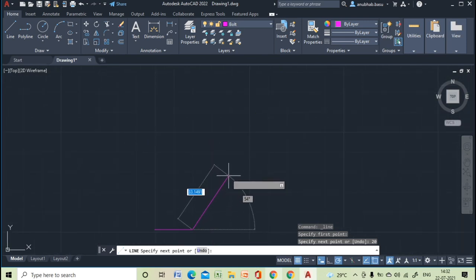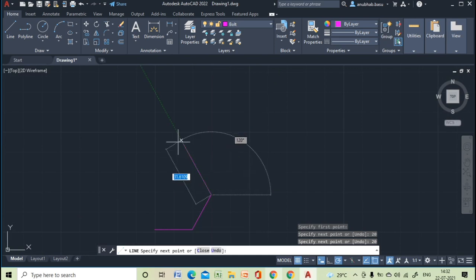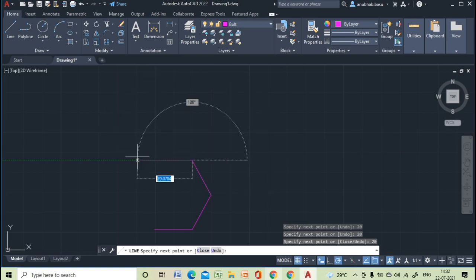Then we will draw again a 20 mm line at an angle of 60 degrees. Okay, so I've drawn all the lines.